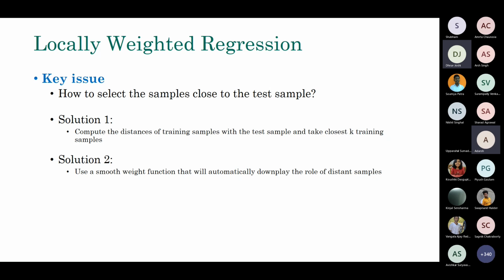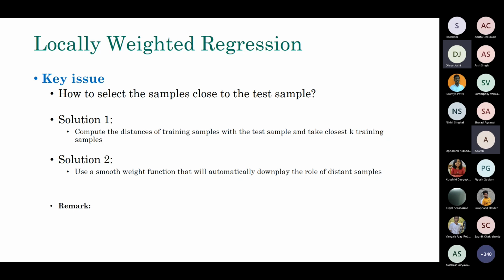You are not putting any condition based on similarity. You are basically putting a constant on the number of closest samples. So a point which is very far apart from the test sample may be included into the set, which can distort the learning process. So yes, you are right. Solution 2 is the preferred solution, because the weighting function, even though it is going to include distant samples, the weight factor is going to downplay the role of that particular sample. So in a sense, it is a balancing act.